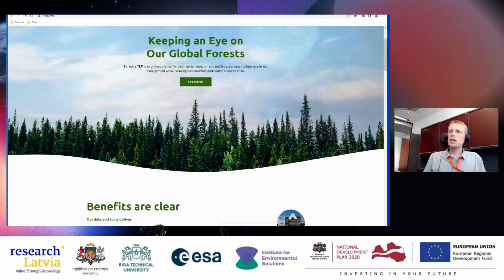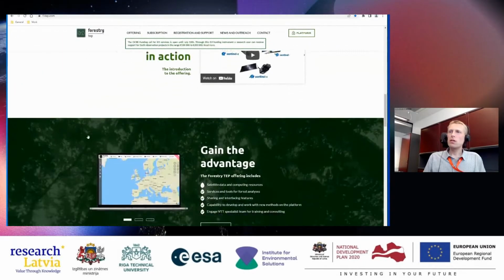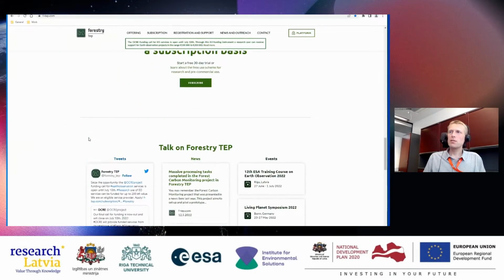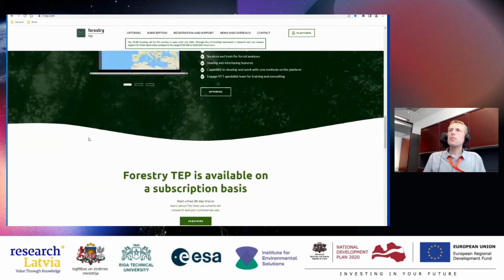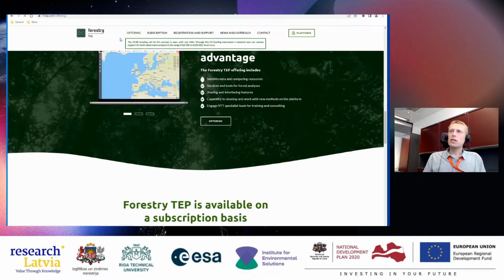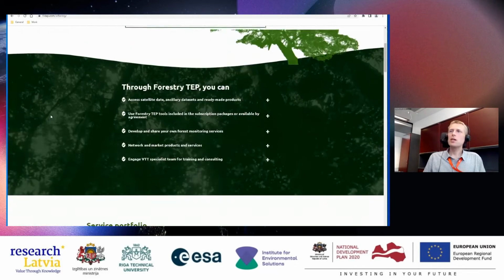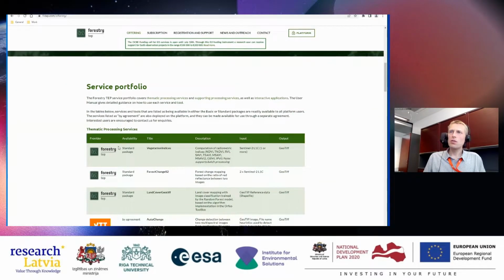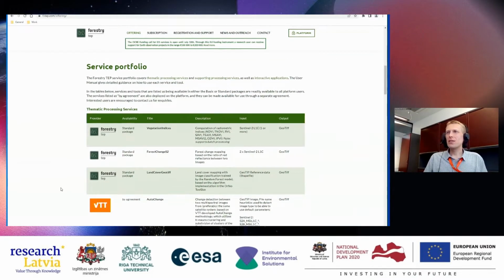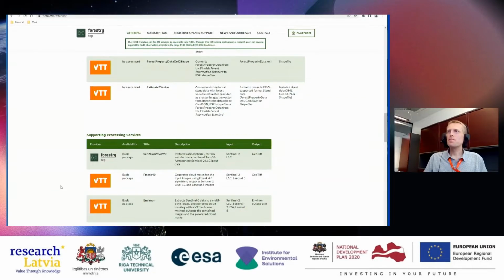So in the landing page, there is more general information on the platform. Then in the offering page, you can find a listing of all the services. Notice here they're called services, like I mentioned, the different kinds of applications that we have on the platform, and short descriptions of those.